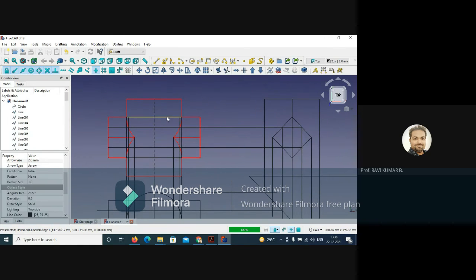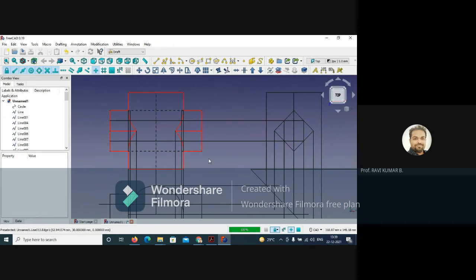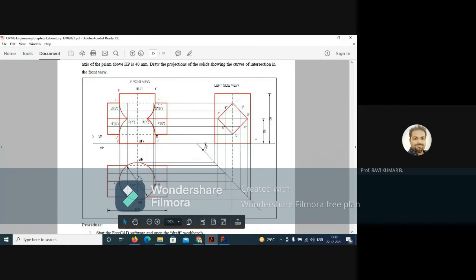Okay, so select this line and select this line and change this line into a dotted line, or you can use the dashed line because they're hidden. So this is a dashed line. So the top portion we have completed. You look here, everything we have completed. Now what is left? This is left and this side is also left, so that we can finish.